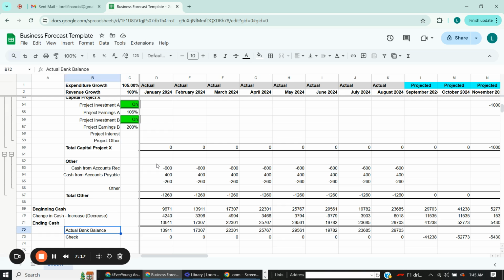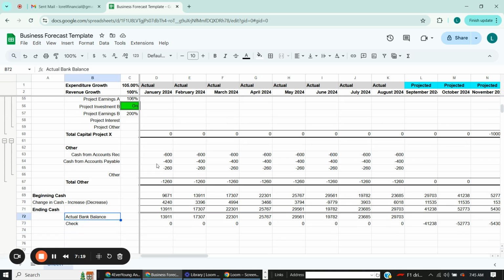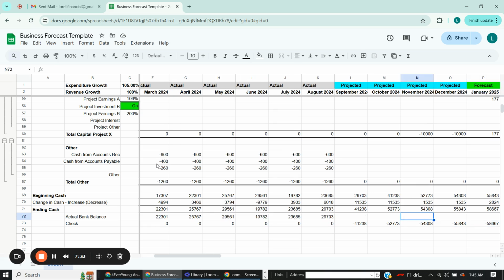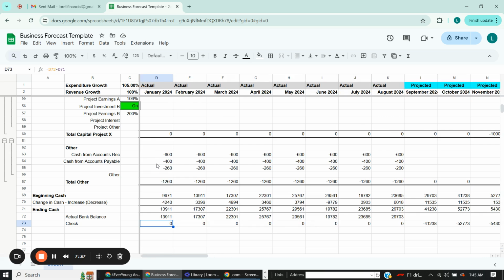In this case, for reconciliation purposes, I do have my actual bank balance, and I've recorded that on a monthly basis, and I've added a check figure here down below that so it can identify if I'm off any dollar amounts. Now, in the future, I, of course, don't have that, so it'll just be off the whole amount, and that's okay. But on an actualization basis, you definitely want to be able to balance back to your financial records or your bank account